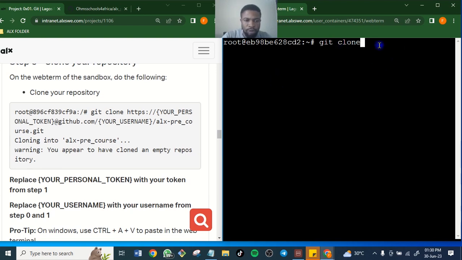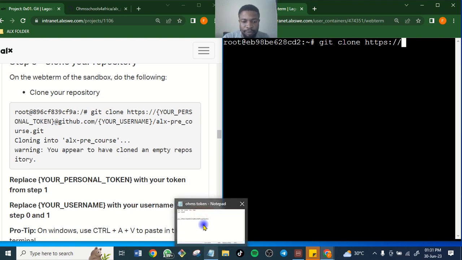Git clone https then slash your personal token. Now let's go and copy your personal token.